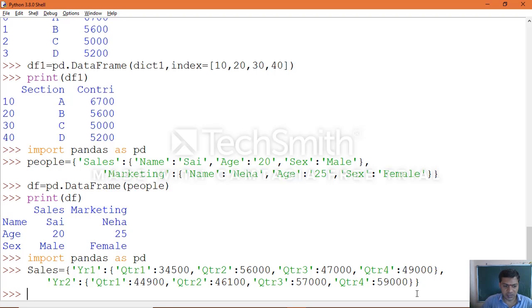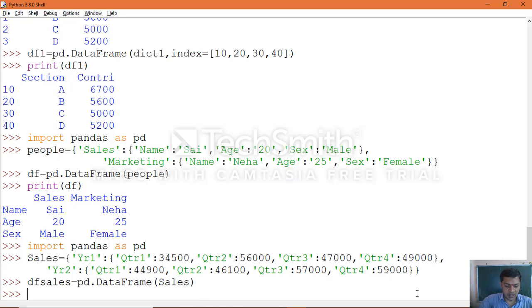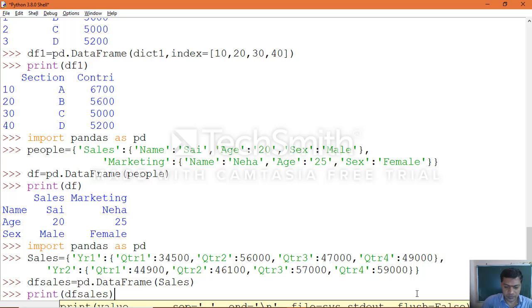Now create the object for the data frame: sales equal to pd.DataFrame of sales, the dictionary object which we created, which we need to pass here. Then print the object which we created for the data frame, df sales.